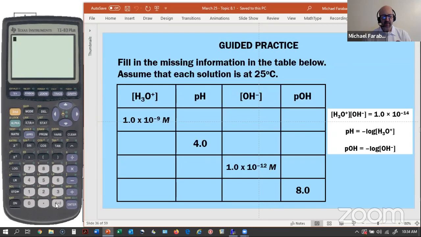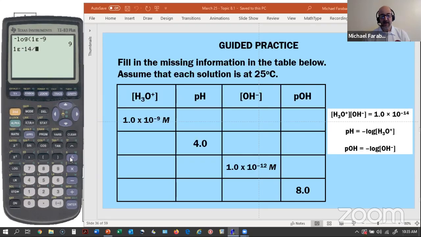So I'm going to go ahead and type in on my calculator the negative log of 1 times 10 to the negative 9. Now, I didn't necessarily need my calculator to do this because that was a really simple number, but just to show you the process, the negative log of the hydronium concentration gives us the pH. So in this case, if the concentration of hydronium is 10 to the minus something, then that something is what we call the pH. Now, if I want to figure out the hydroxide concentration, I could take the Kw, which is 1 times 10 to the minus 14,